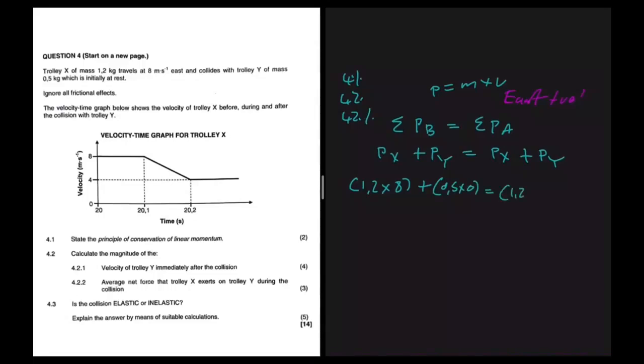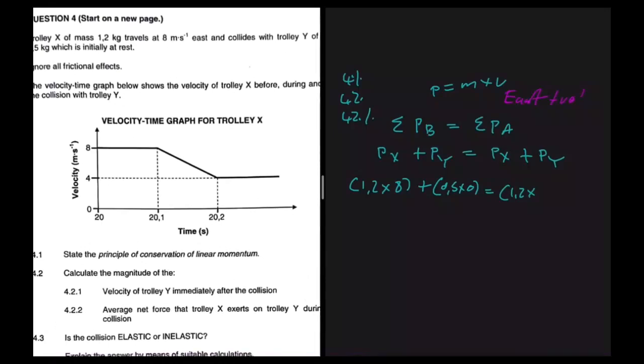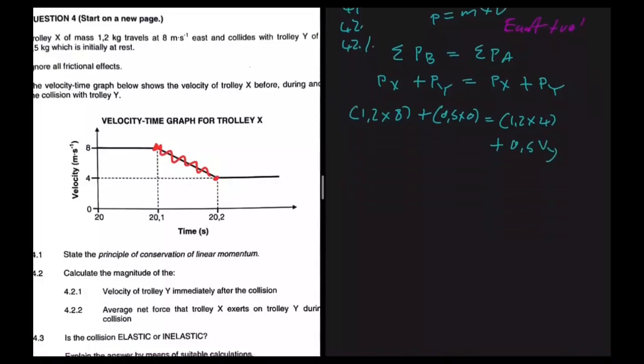We have 1.2 multiplied by the velocity. The velocity is on the graph, right? Because here, this is the velocity before the collision, during the collision, and then immediately after the collision. So we have 4 then, and then plus 0.5 multiplied by the velocity of trolley Y, right? So without wasting any time here, we're gonna say that the velocity of trolley Y should be equals to, so